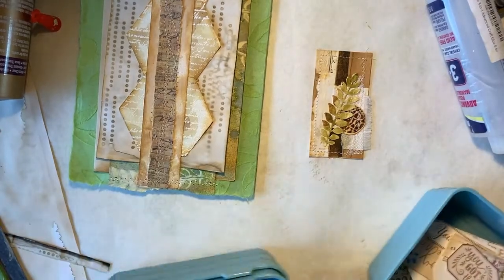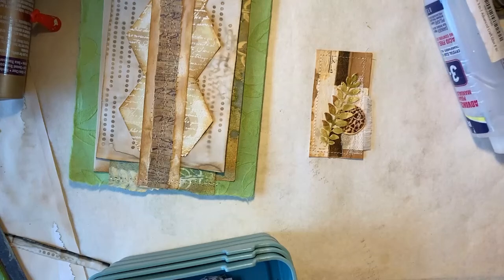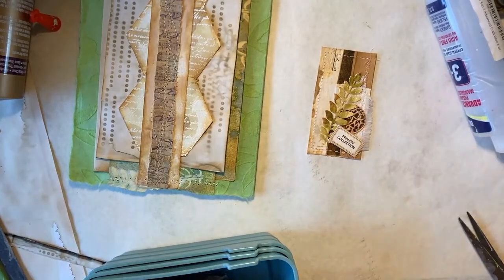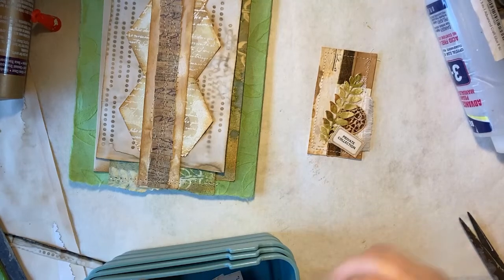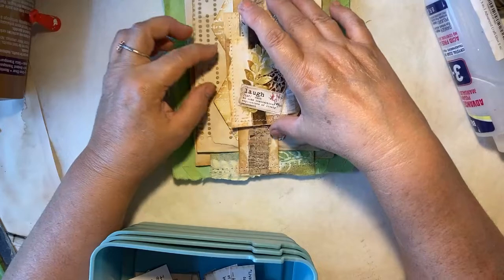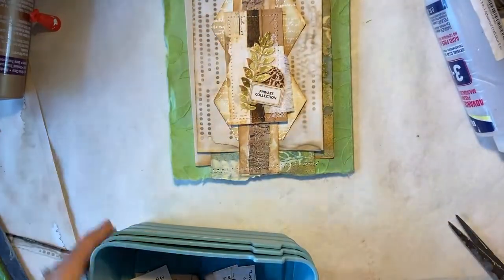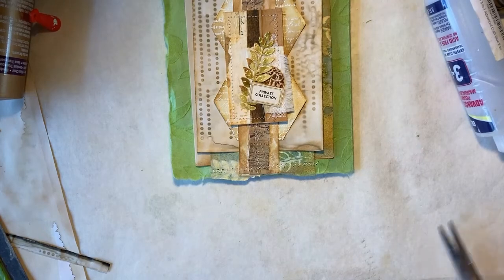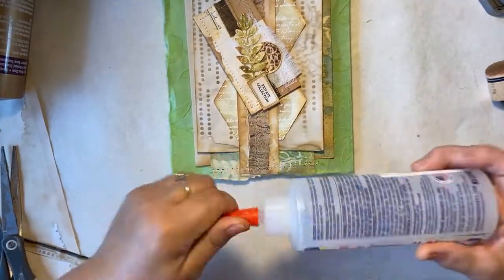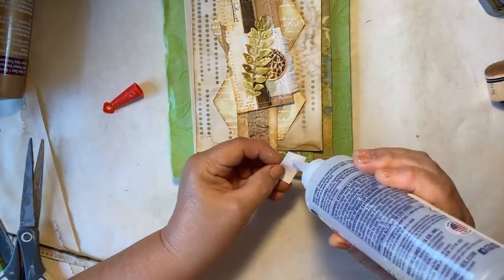If we need a little label, we have this little label here. Let me cut that off. It says private collection on it. That's kind of cute. We also have these little labels here, dictionary labels. Let's put it on here. It is a nature journal, so I think I'll just go with the private collection label. Ink up around the edges of that. Actually, I'm going to use this 3-in-1 to put this on because I'm gluing on top of that ultra thick